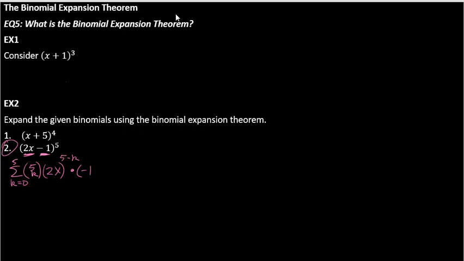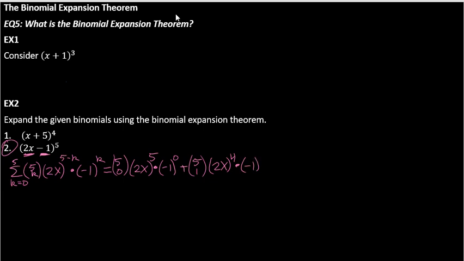So we have to say -1 to the k. Okay, so this one's going to work out in an alternating fashion, right? And you'll see what I mean here in a second. So 5 choose 0 times 2x to the 5 minus 0, so just to the 5th, times -1 to the 0, plus 5 choose 1, times 2x to the 4th,